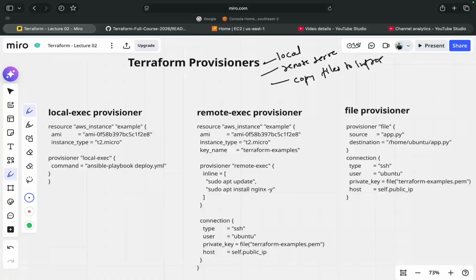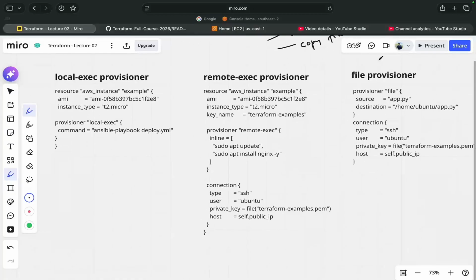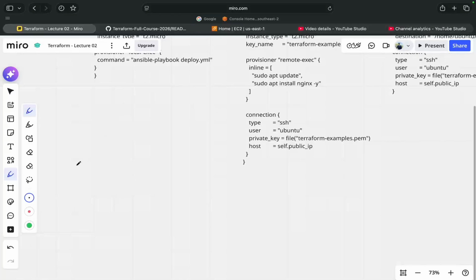right? So the example workflow could be, let's say if you are creating a EC2 instance, right? And you want to run a script, an installation script onto that EC2 server. So let's say you want to install Flask on EC2 server, right? So you will use the provisioners and then you will be able to install the Flask onto that particular EC2 machine. So what it does, it will install your software,